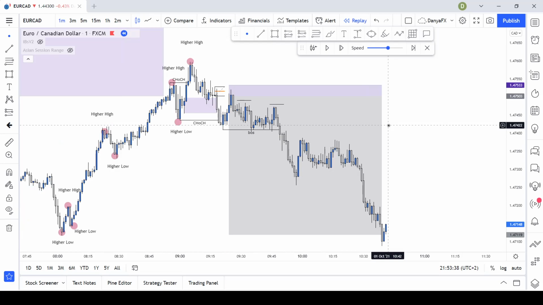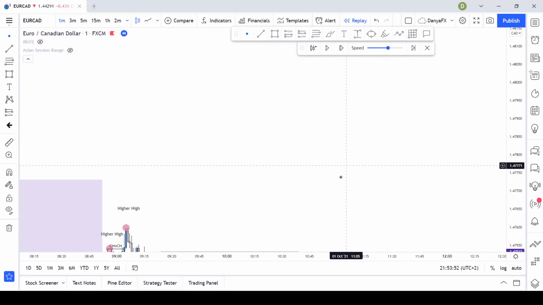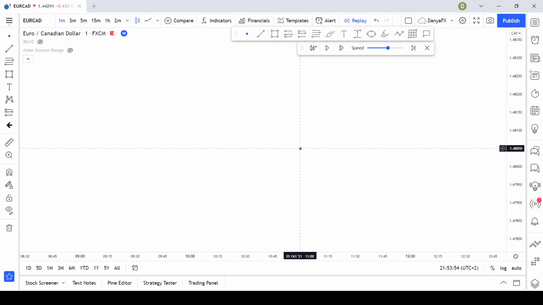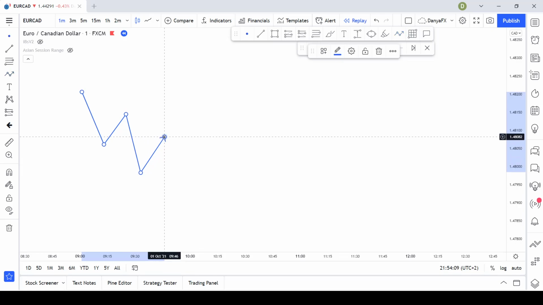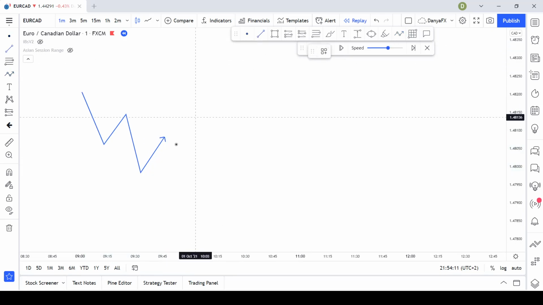So yeah, this is a perfect example of a change of character when we have a bearish order block and a bullish approach. The same thing would have been in a bullish order block with a bearish approach. So we would have done something like this. Lower high. So up to this point, we would have wanted to see this low broken,